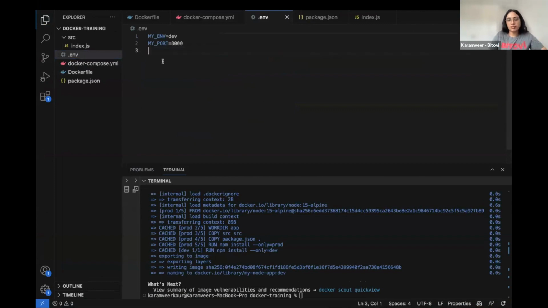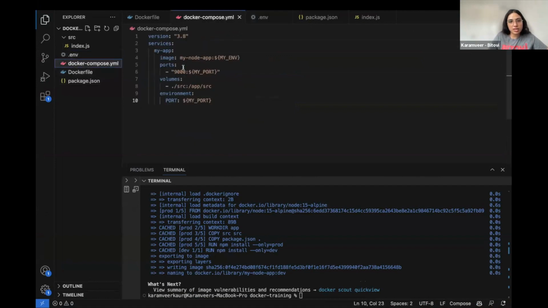And here the values are provided for the environment variables that we have declared here. And the only thing we are going to do is docker compose up. You should run this command where your Docker Compose file resides, and the name should be exactly the same. Since we are not specifying any file name, Docker Compose automatically looks for this name at the same level where you are running the command,